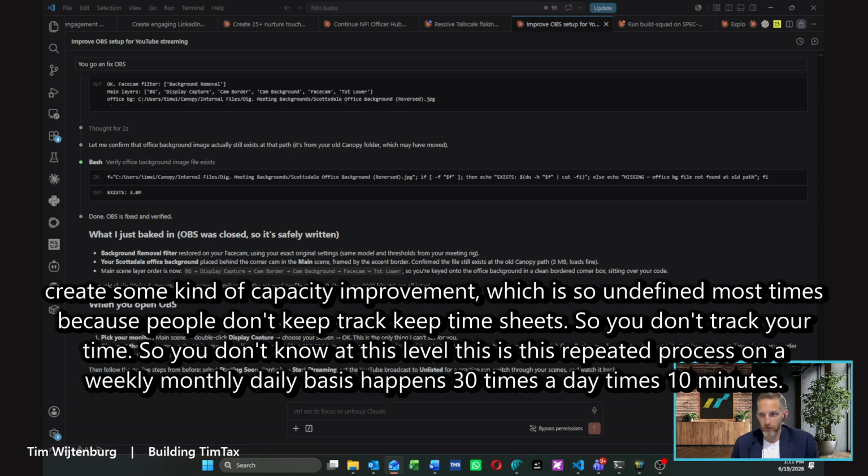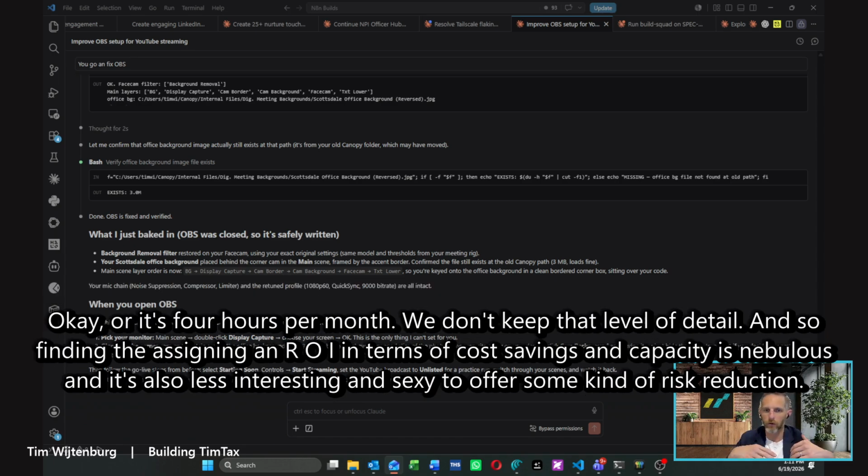So you don't track your time, and you don't know that this repeated process happens 30 times a day times 10 minutes, or it's 4 hours per month. We don't keep that level of detail,